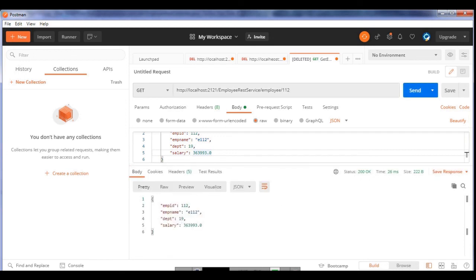You can see it has displayed the output in JSON format. Even when we were sending the updated object, we were sending it in JSON format by default, and we have got the output also in JSON format.